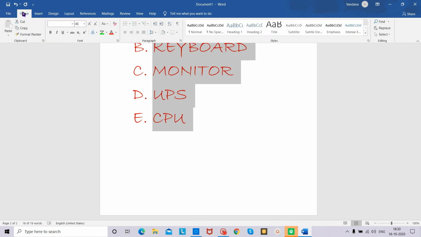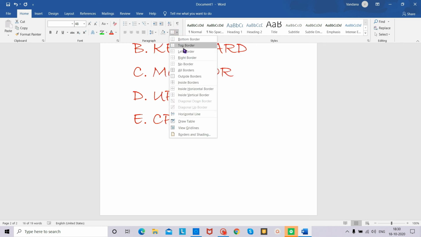I have gone to Home. Now click on the drop down arrow present next to the border. You can see here in the Paragraph group only border is there.